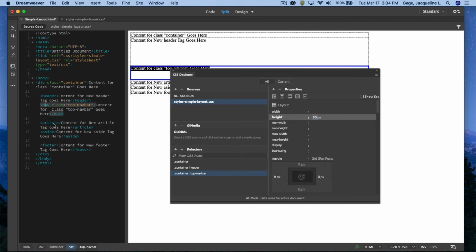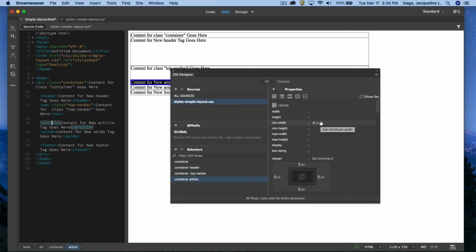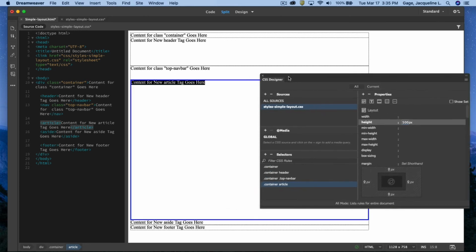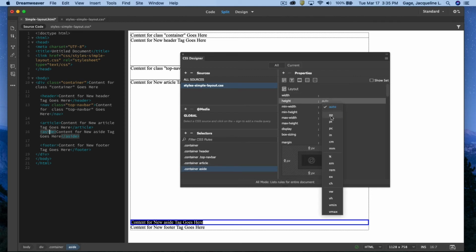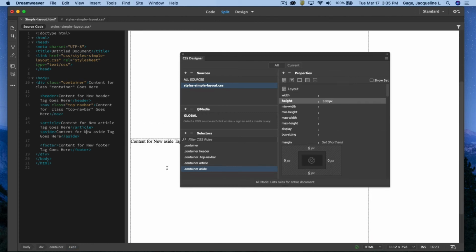All right, I want to do the article, so I'm going to go ahead and add a selector for it. My cursor is first right here. Article, and maybe I want to make the article and the sidebar the same height, so I'm going to go into height and I'll make both of them 500. Okay. I'm going to do the aside. I'm going to add the selector for it. I'm going to go into height again and make the height 500. Okay, there we go. I'll go ahead and target the footer now, add the selector for it,